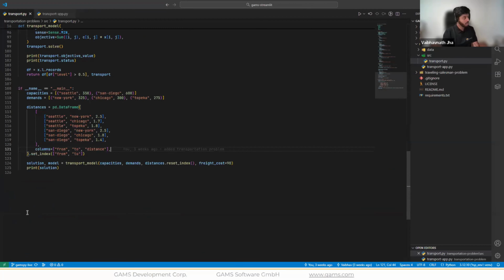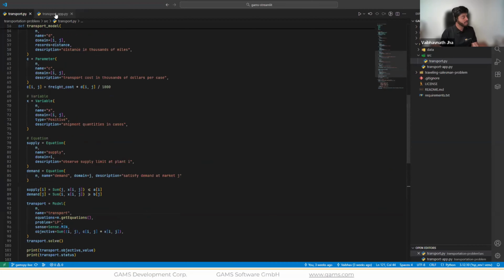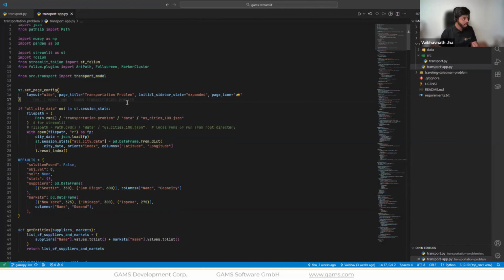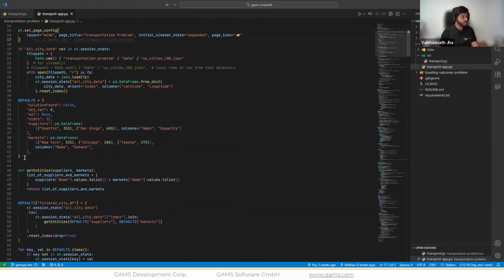Now we can also look at the Streamlit application itself. I just imported this function from my model, and that's all Streamlit requires. How you want to solve the model doesn't have to depend on GAMSPy at all. In the Streamlit application itself, we just set some default values, and this is a Streamlit-specific thing, not a GAMS-specific thing.